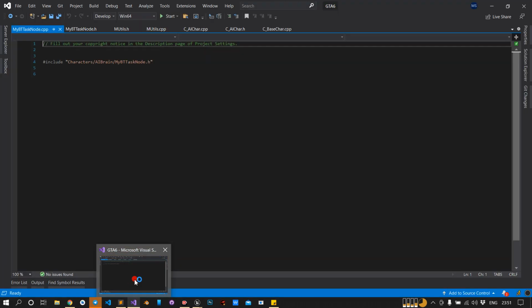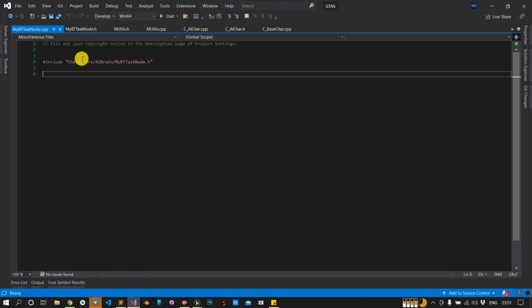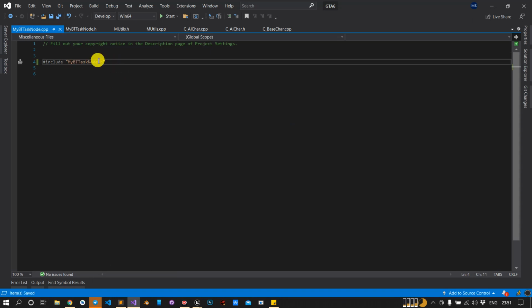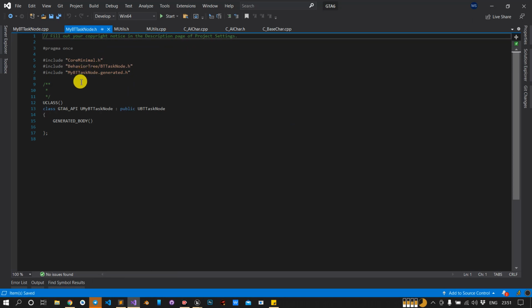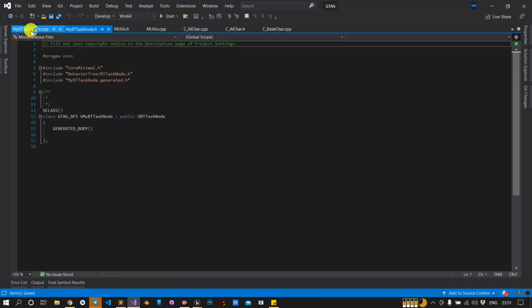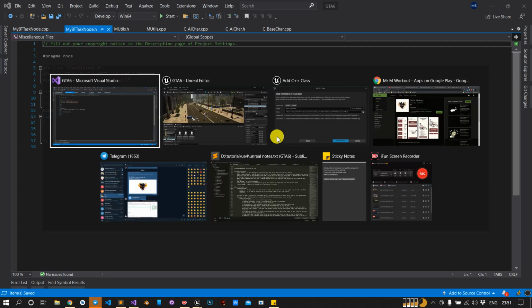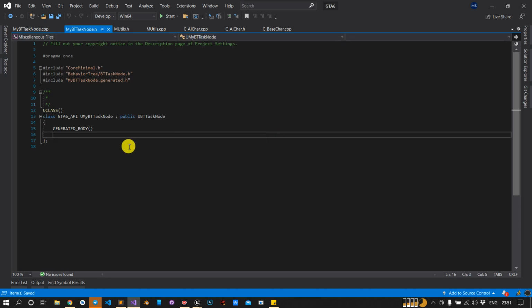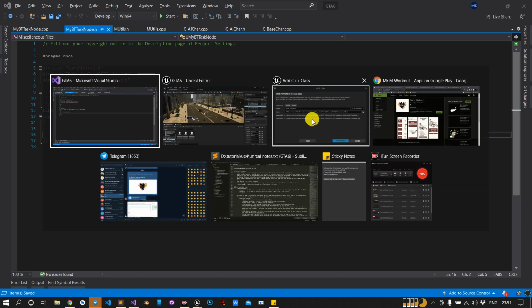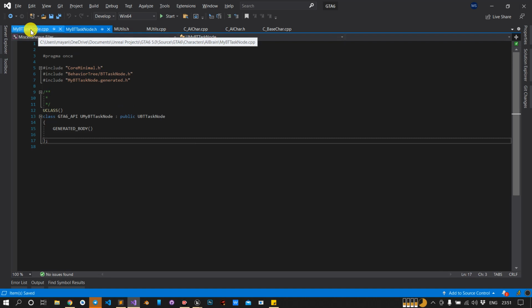Just switch back to Visual Studio and remove these folders, because they will give you some bugs. Now just go back to Unreal to check if things are good there. Okay, until it is compiling, what we can do, first I will create the constructor.